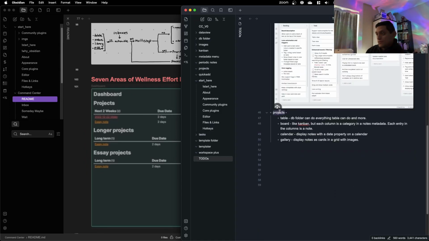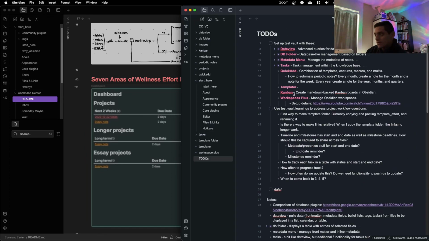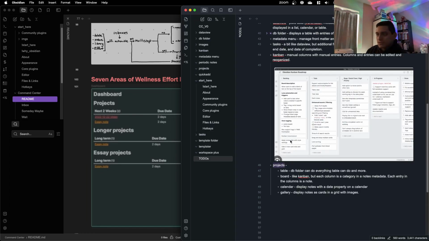And then lastly, there's projects, and I think projects I took off my list. Yeah, so projects is sort of like a combination of multiple of these plugins, but it's not quite as advanced as any of them. So the table in projects is similar to database folder, however it doesn't have as much functionality or features. The board is similar to Kanban,